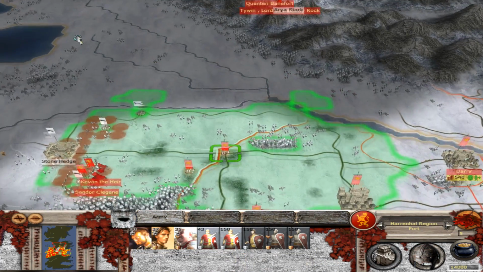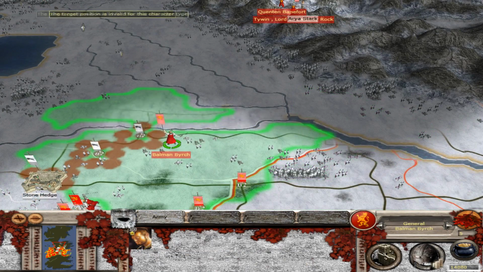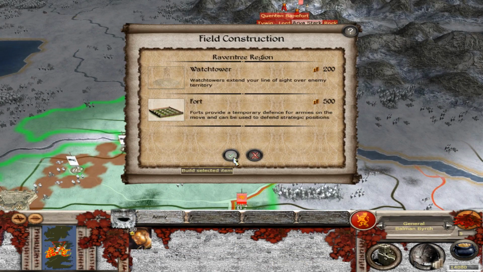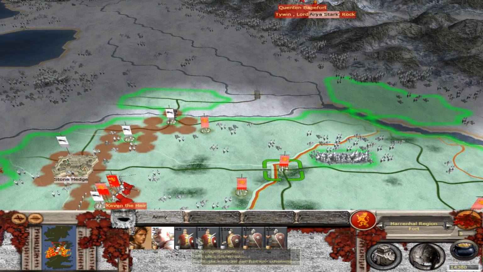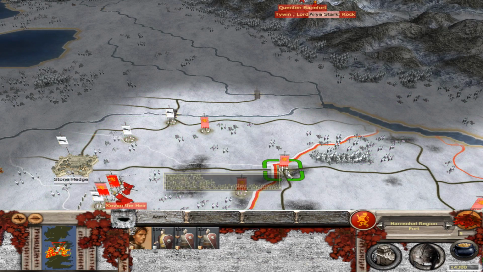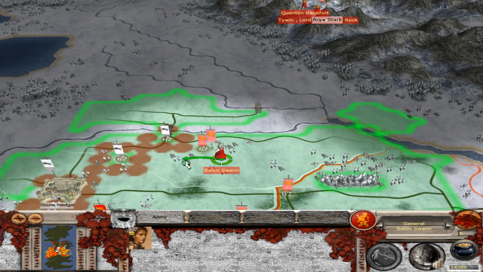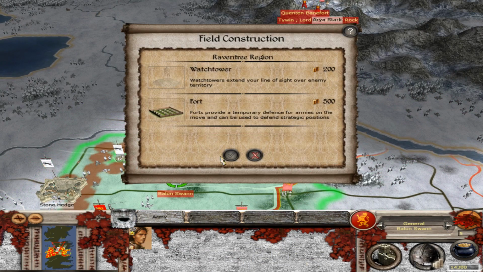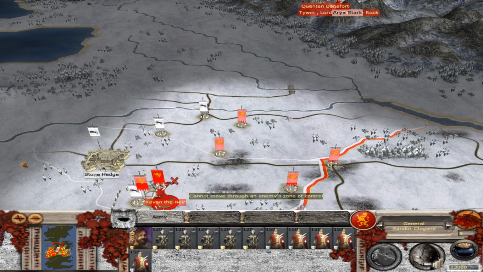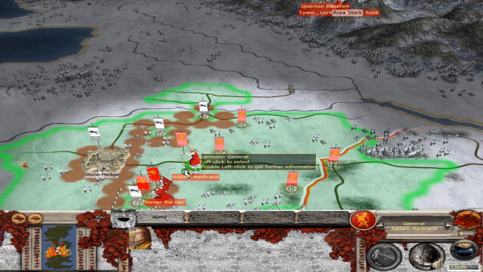Okay, I know I put... This one's tricky. Okay, we'll throw you right there, just like we do. Alright, I believe we throw the fort there, because the fort extends to